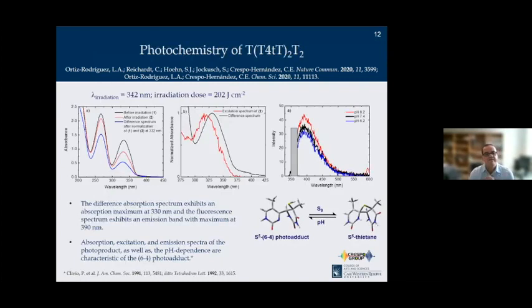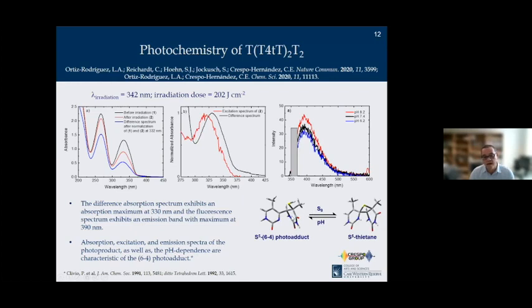And so to provide even additional evidence of that in this particular system that we are studying, we can form the 6,4 photodimer. We did an irradiation experiment, irradiating at 342 nanometers, and this is the dose that we use. And this shows the absorption spectra before and after, and the difference spectra now shown in blue here. The difference spectra show a characteristic absorption band at 330, which is well known, as we thought from Regine in the previous seminar, that is related to the formation of the 6,4 photoproduct, in particular to the